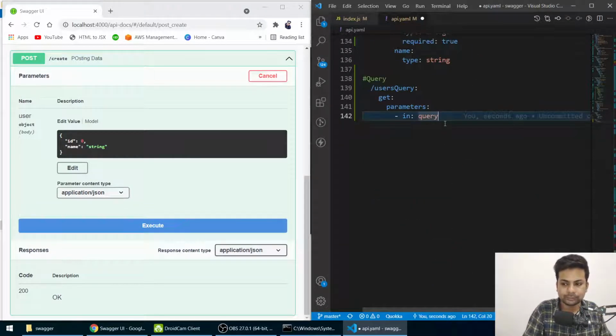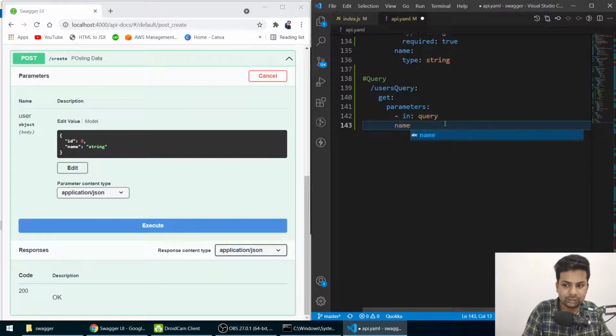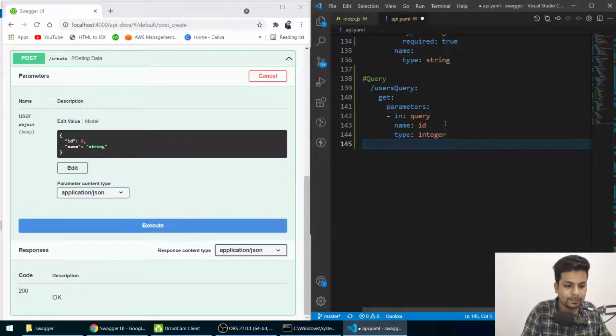In the query, what is the name? Name is id, and the type is integer, and I'll say responses 200, description, okay.